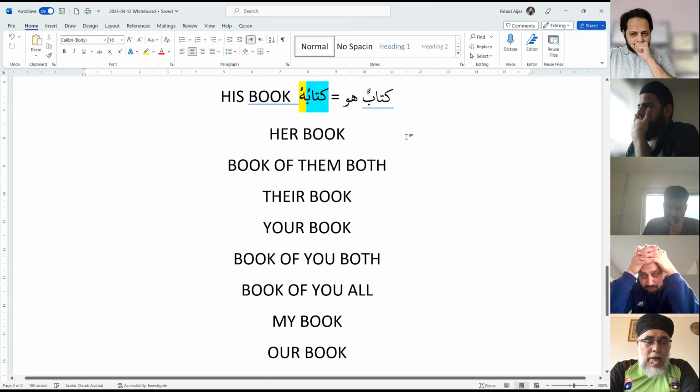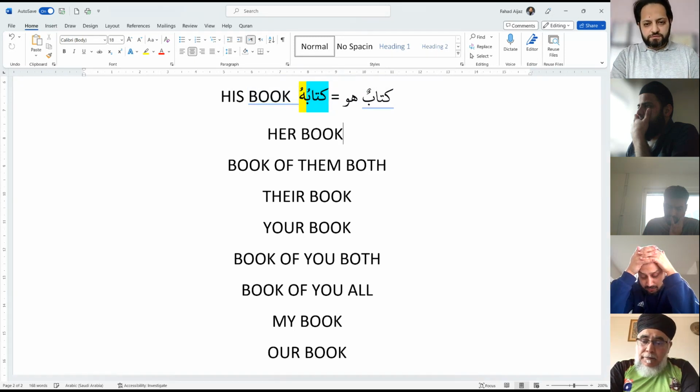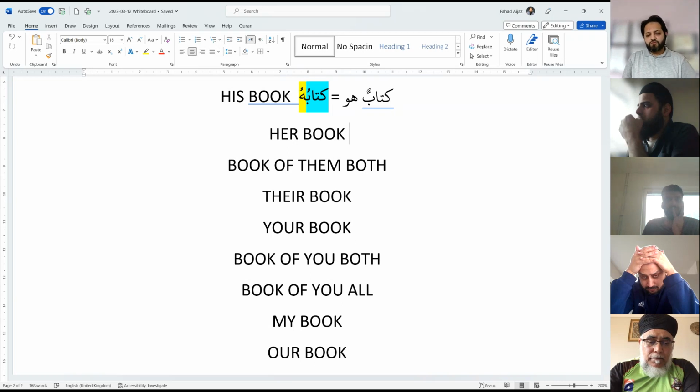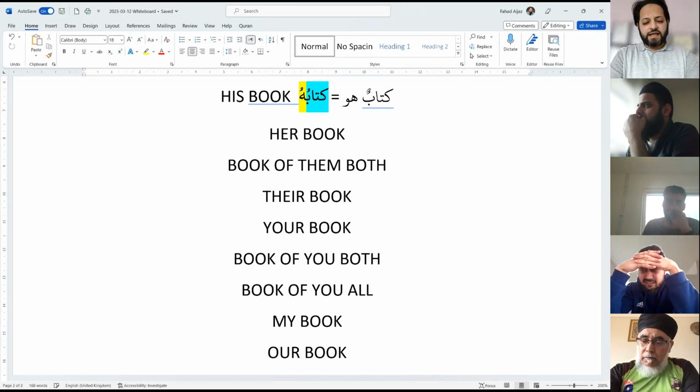Okay. Let's do all of them. Inshallah, it will help. Okay, so again, the mudaf is going to be the same. Now we know the word is kitabun. We always need this word as light, right? So because we need it as light as a mudaf, we're going to do kitabu.